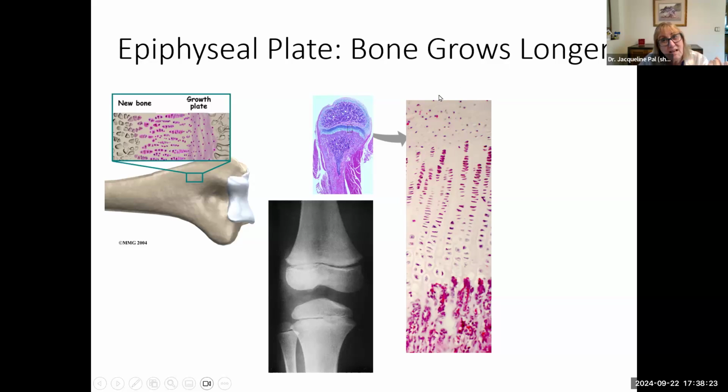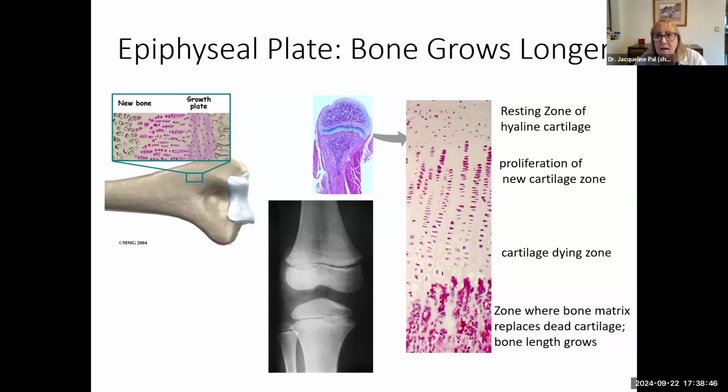Okay. So these cells have a full buffet. These cells right here, they're getting lunch. These cells right here are getting leftovers. And then these cells here, there's nothing left for them. So these cells here are dying off. Okay. So we had a resting zone of cartilage, and here we were making new cartilage. And then by here, there just isn't sufficient nutrition that now we have a cartilage dying zone.